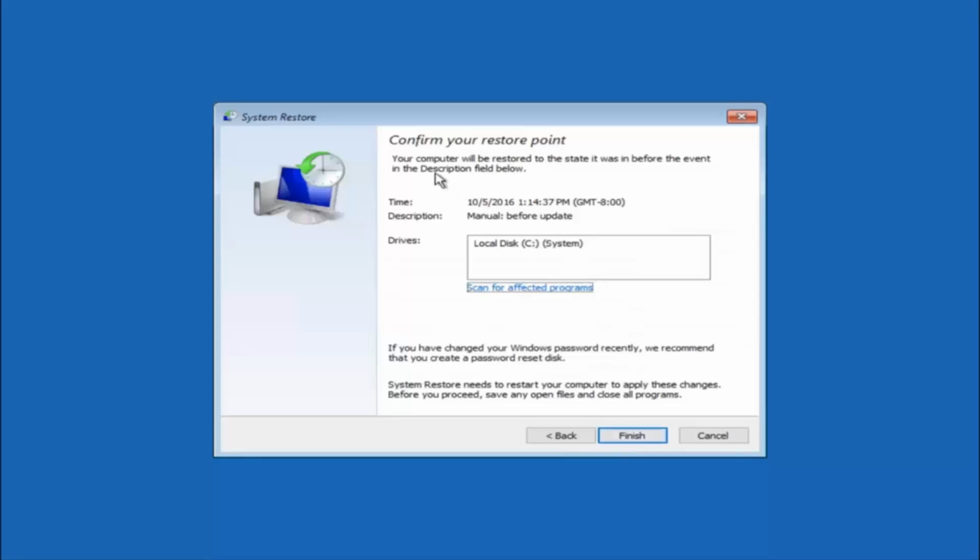This will just confirm that you're going to restore back to this specific timestamp and which computer drive it affects. And please keep in mind it says if you've changed your Windows password recently, we recommend that you create a password reset disk. So just keep that in the back of your head before you do this, and then left